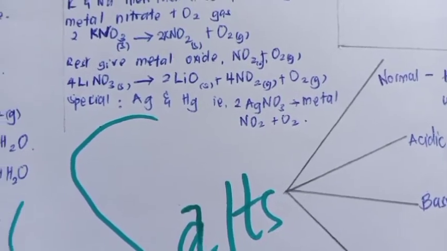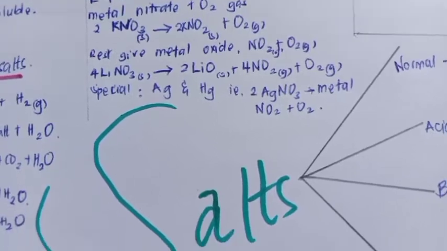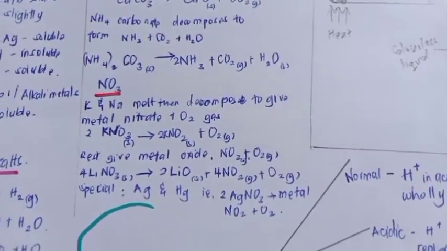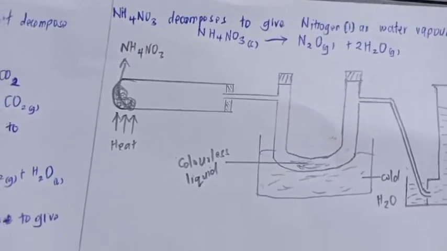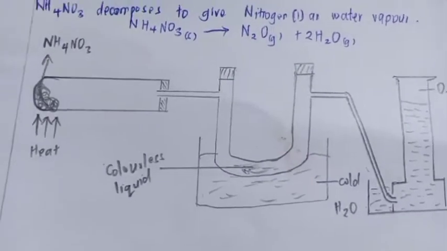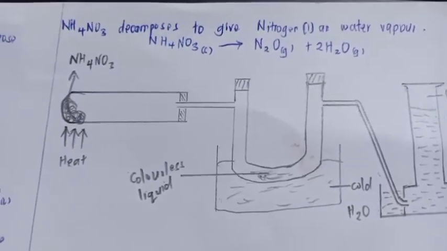So let's say you have silver nitrate. Silver nitrate will decompose to form silver metal, nitrogen 4 oxide gas, and oxygen. Then we have ammonium. We said ammonium is always going to be different, and this reaction that you see here, we learned about it in nitrogen and its compounds. It's the reaction where you decompose